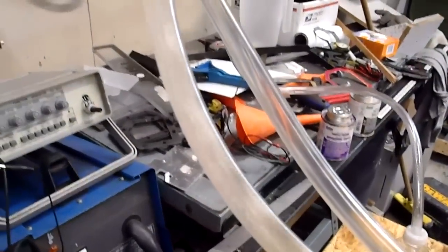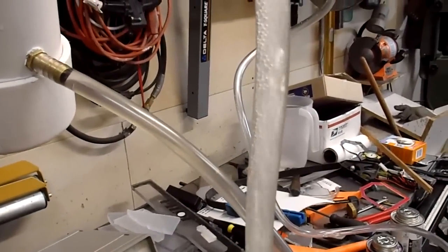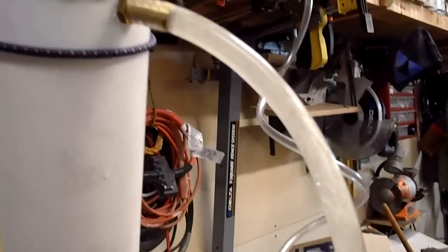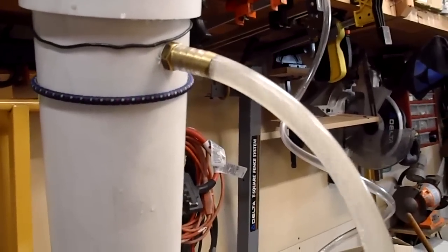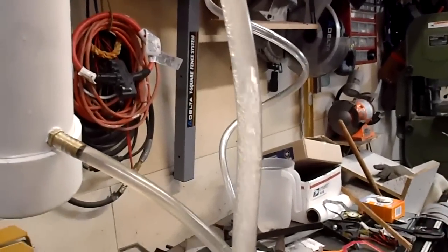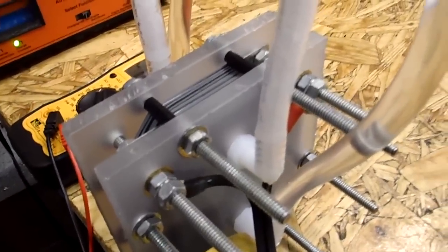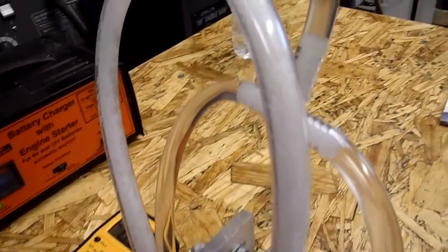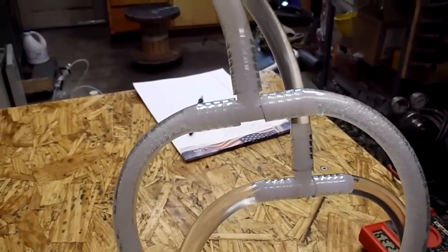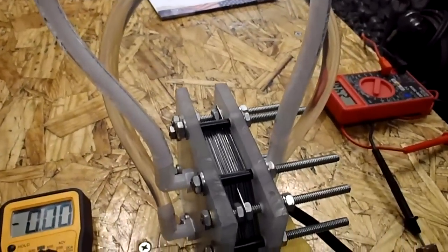So you can see the line here, it's coming out of there pretty good. I'm wondering if my hoses are restricting it at all. It's 3/8 inside diameter on these hoses. Not that this is such a monster cell or anything, but looking down here, it's packed with bubbles, and it makes me wonder if I could increase the flow, if that would help